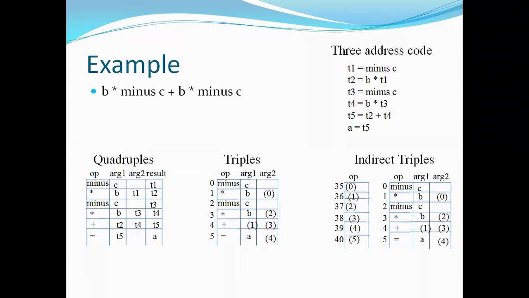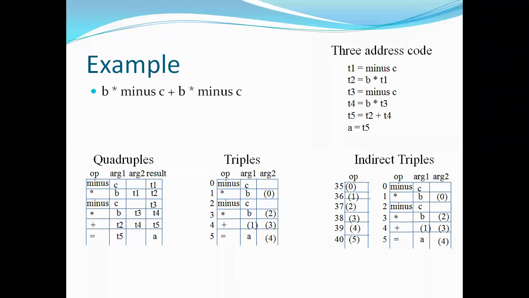And here, this use of a separate table in an indirect triple comes under the merit of the data structure. That is an indirect triple, because here we are showing how we are taking the symbols from the symbol table directly with reference numbers by using pointers, and how we are taking the symbols from the symbol tables in an indirect manner, right? That's the context of the concept that we call one of the data structures in three address code.